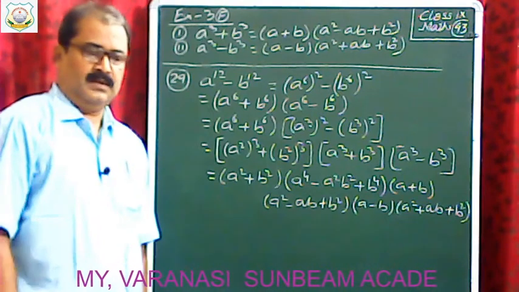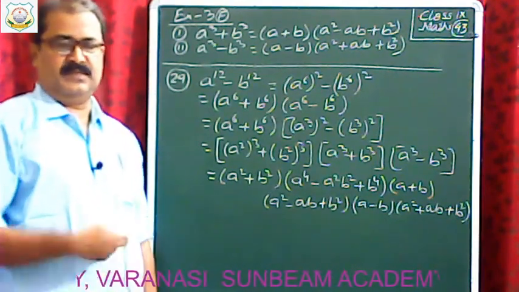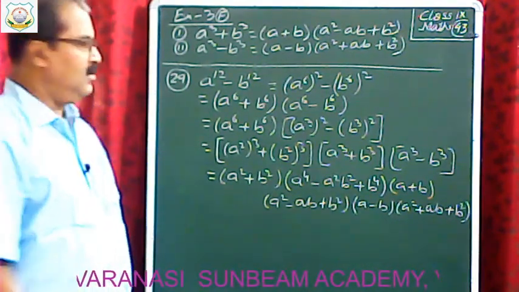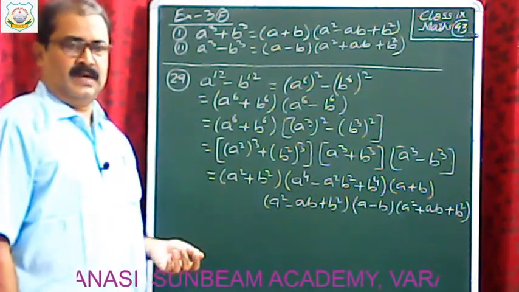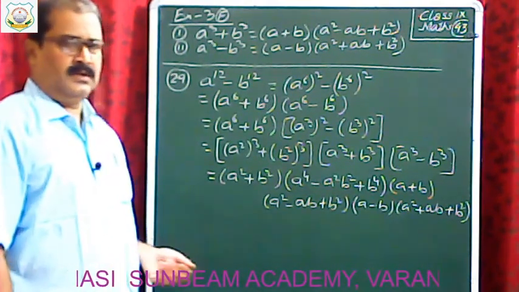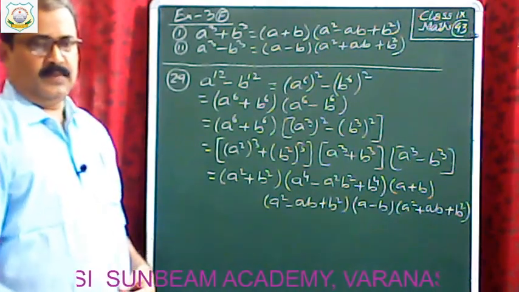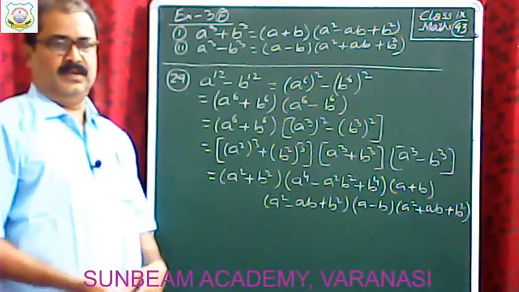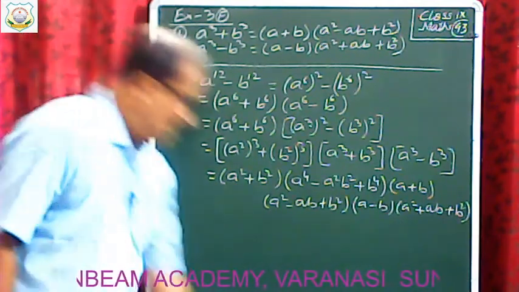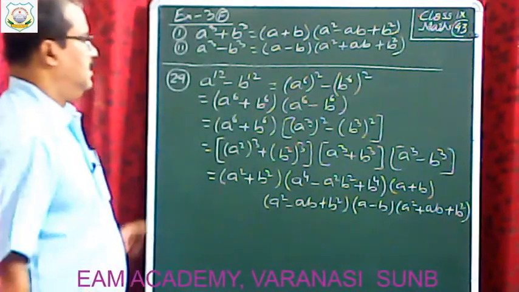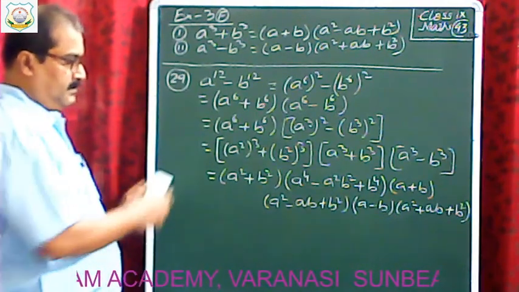So keep in your mind, if the given polynomial is expressible as a square minus b square, then you have to express it so and then use the identity. If not, then you have to express the given polynomial as a cube plus b cube or a cube minus b cube. Okay. Now come to next.